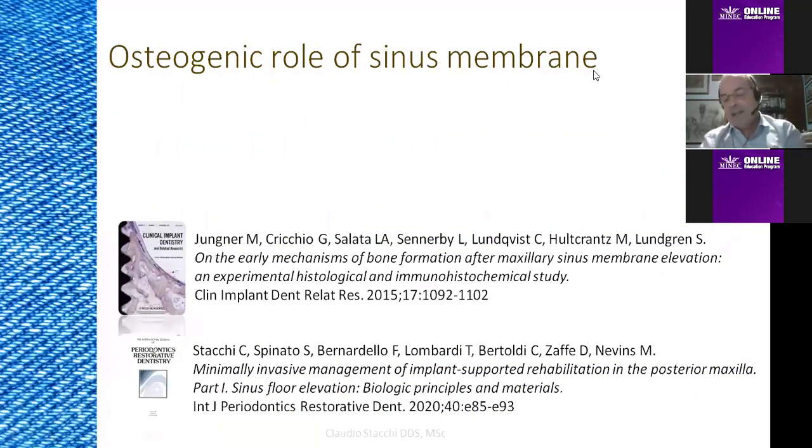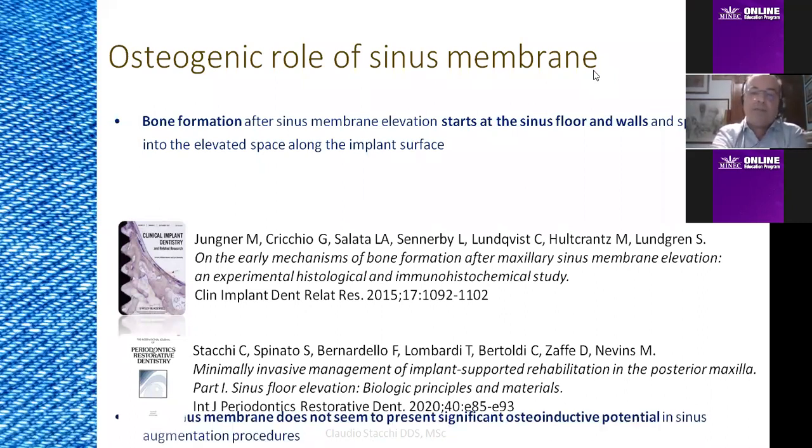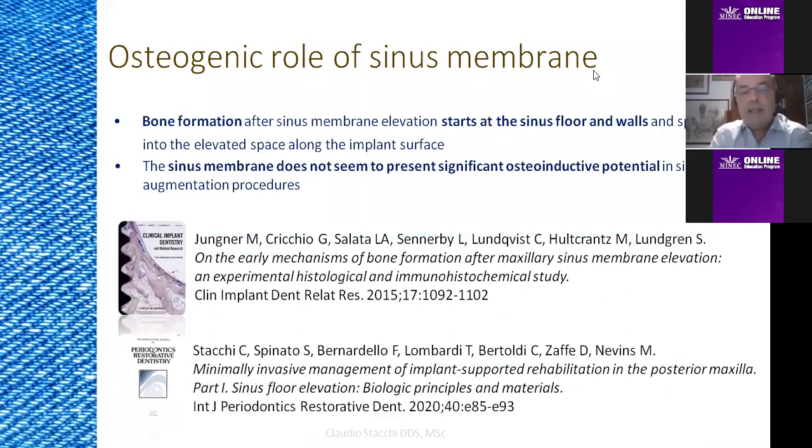The findings of these studies were confirmed also by further studies by Jungner, and also by a very recent publication done by our group, in which it was shown that bone formation in sinus floor elevation, lateral or crestal, starts at the sinus floor and sinus walls, and goes over the implant surface. And the contribution of the sinus membrane is really irrelevant from a clinical point of view. I want to say that from an academic point of view, okay, in the membrane there are cells which can contribute, but the real clinical contribution is